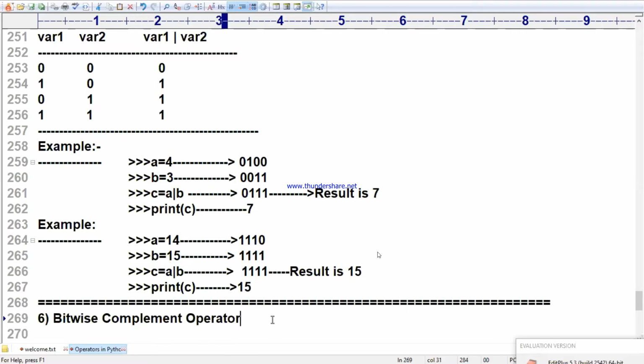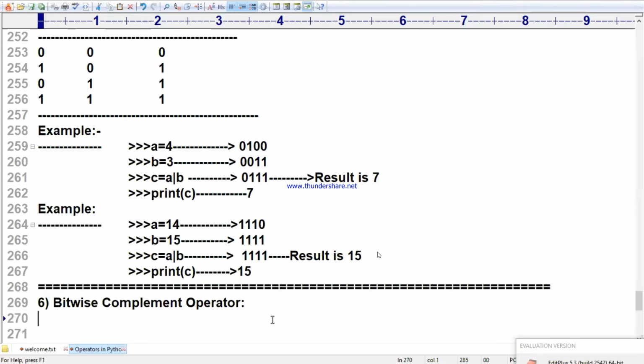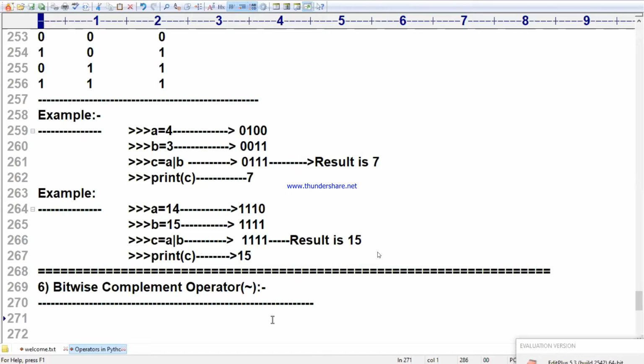The symbol also I will tell you here. These are very, very important from a written test point of view, rather than application development point of view. These are compulsory questions.